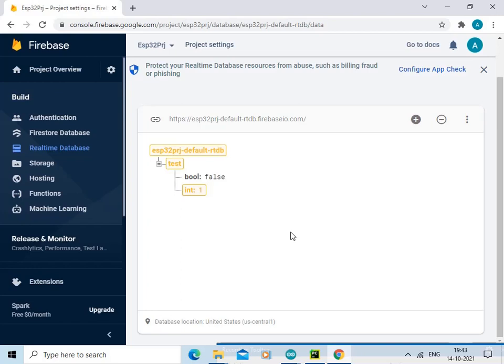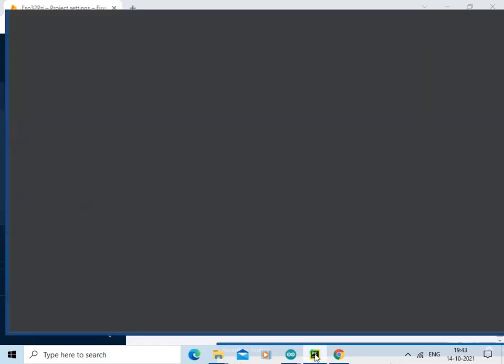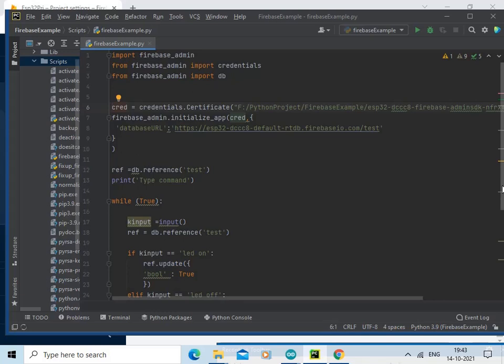Now let us see the Python application which is used to establish the connection with the Firebase platform using the same database. Let us go to the PyCharm. I am having piece of code ready with me. First thing we need to do is to import the package called Firebase admin by using the command pip install firebase_admin.